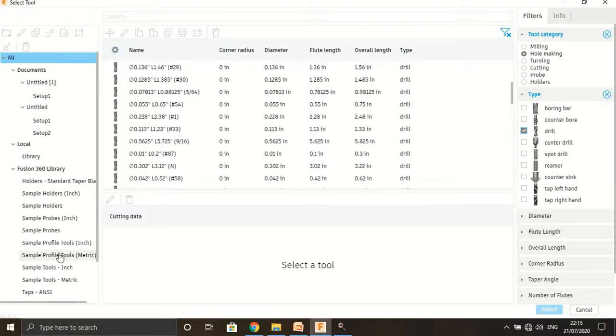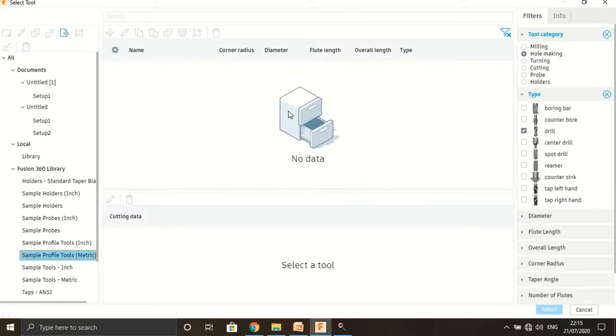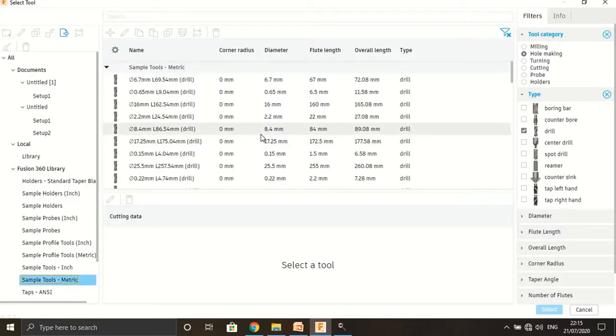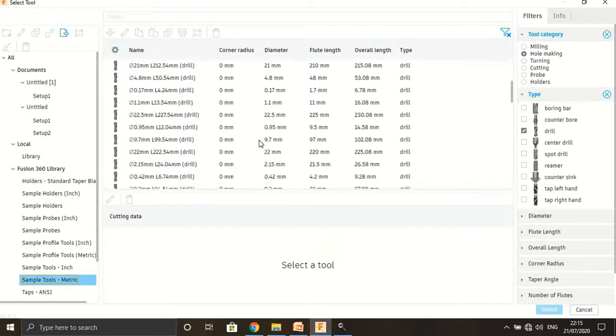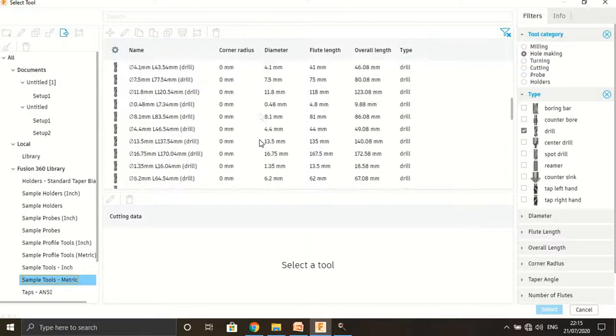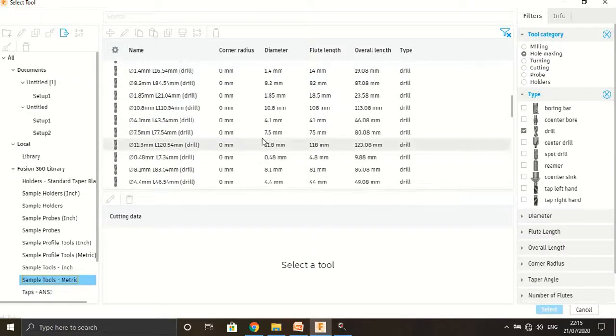Sample, also select the sample profile. Metric tool sample profile, inch tool, folders, sample tools in metric. These are the tools available.